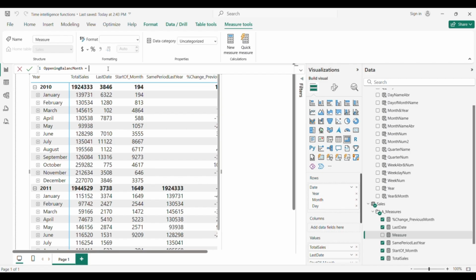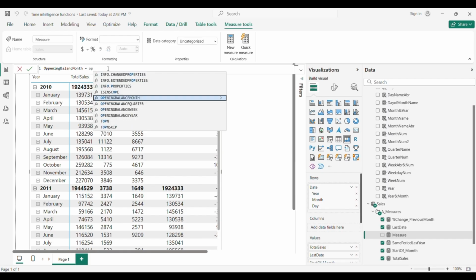So let's just enter the formula function. So opening balance month, it's here.